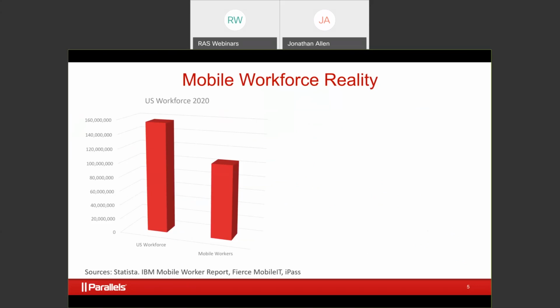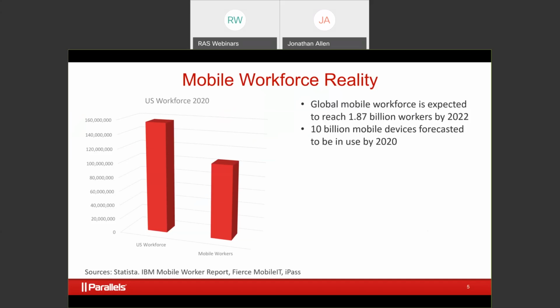Whatever application, whatever function they're utilizing, the vast majority of the U.S. knowledge workforce works remotely in some aspect or another. And this isn't going down. Global mobile workforce is expected to reach almost 2 billion workers by 2022. There are 10 billion mobile devices alone forecasted to be used by the end of this year.